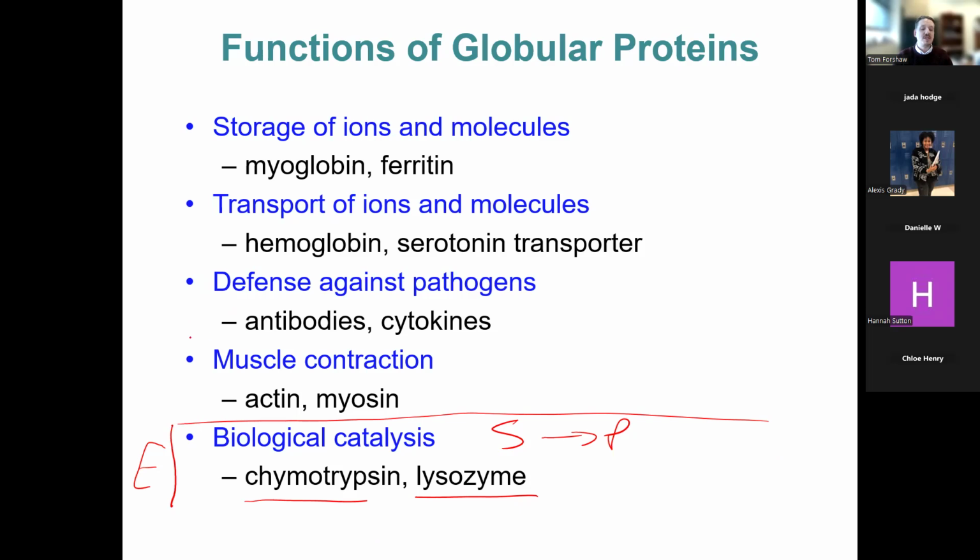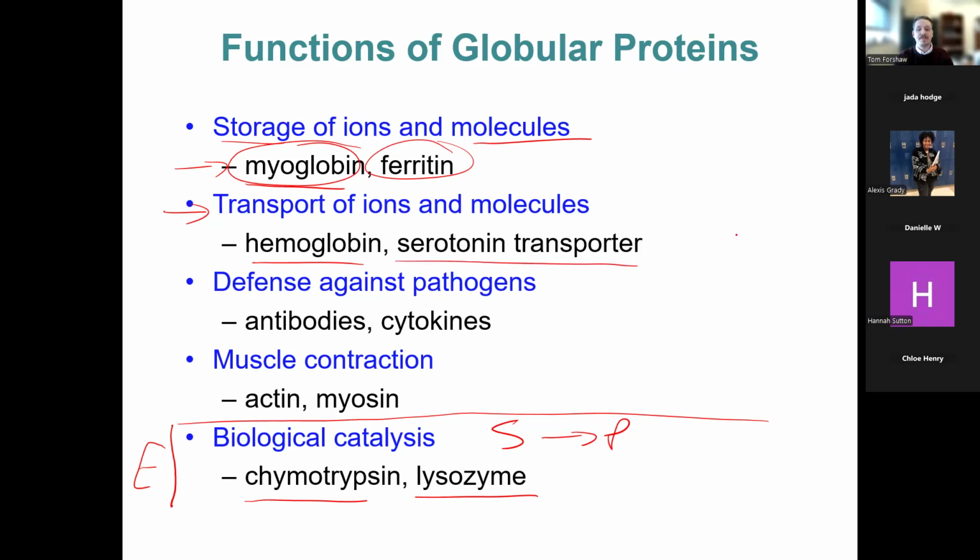But often you want proteins just to stick to something and bind to something, such as myoglobin, which is transporting oxygen, the molecule of oxygen, ferritin, which is transporting iron, transport of ions and other molecules. So you've got the storage rather, then you've got transport. Sometimes you want to hold on to it, sometimes you want to hold on to it and put it in some other place, such as hemoglobin now, which you're going to transport, unlike myoglobin, which just stores,